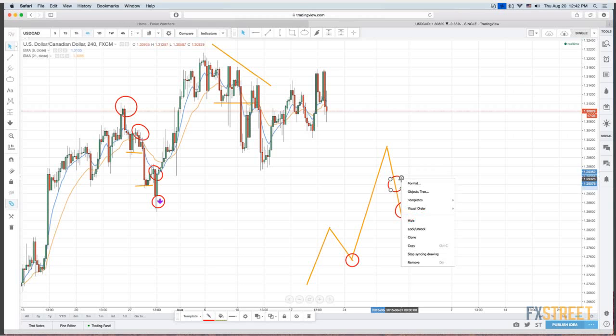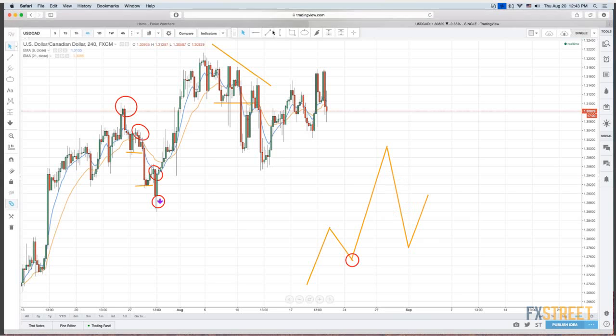However, if it does this, exactly like I drew it, and then it starts to do this, isn't that more like, okay, that's expected. After a strong move up, but then a very strong move down, it's like, yeah, I get why this is not going up so much. It makes sense.